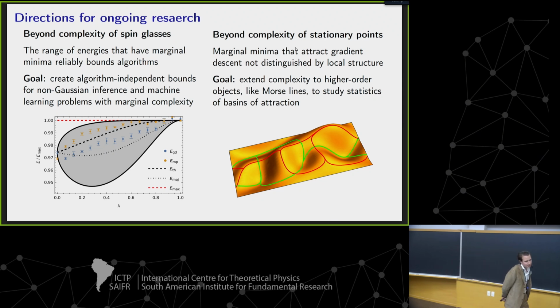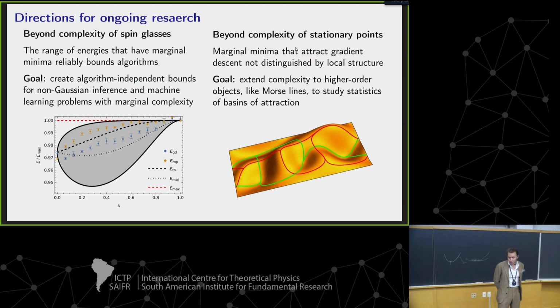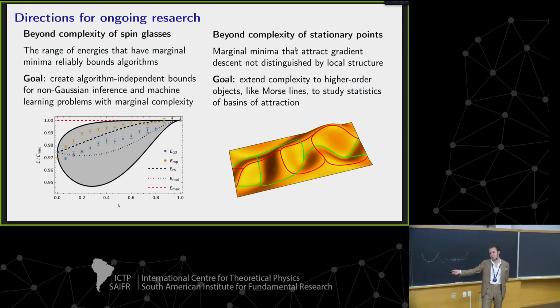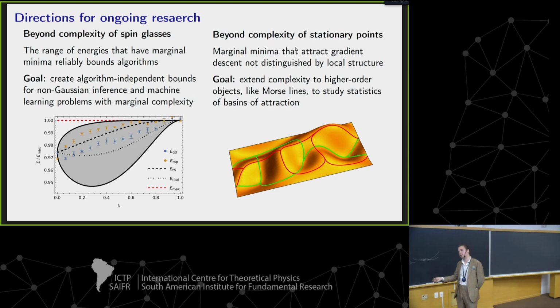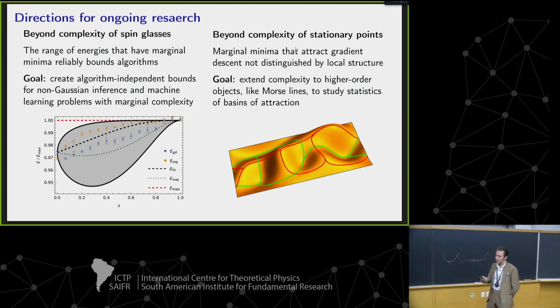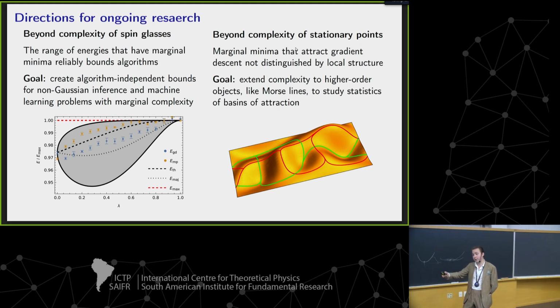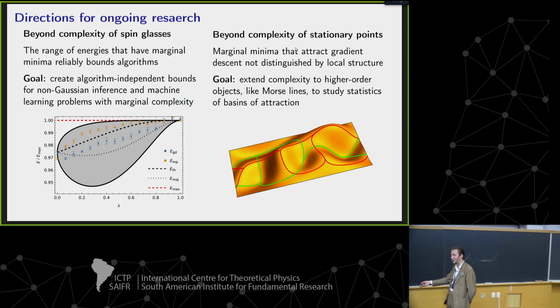Despite our great efforts and failure to discover which marginal minima attract quenches from certain temperatures, it's pretty well established at this point that marginal minima are the attractors of dynamics for a wide range of algorithms. And so if we can understand where marginal minima are, where they have a finite complexity in a given system, model, or problem, we can effectively, in a fairly algorithmically independent way, bound the outcome of a lot of kinds of dynamics on that system.